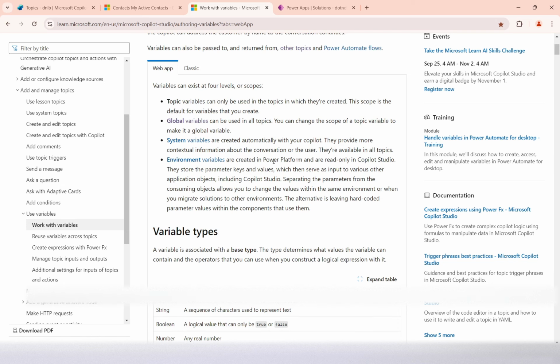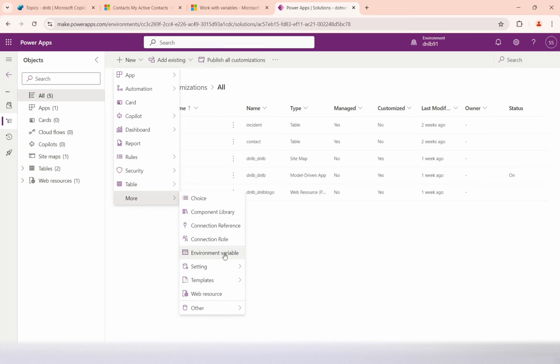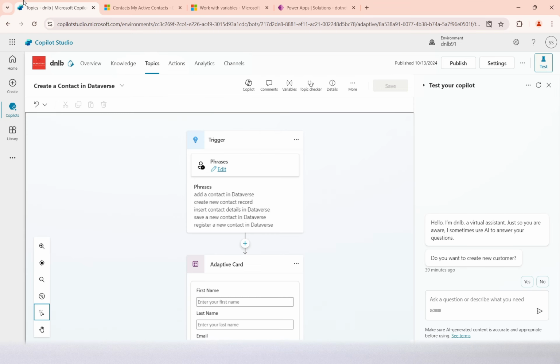Next are the environment variables. We know that in the Power Platform, when we go to make.powerapps.com, we can add environment variables. These variables are applicable for application lifecycle management. When we deploy a solution from one environment to another environment, we want to persist some value into the different environment. We want to make some parameter dynamic, or the variables should be the same across different environments. The value can be changed, but those variables are maintained as environment variables. Those kinds of environment variables we can access in Copilot Studio, but the